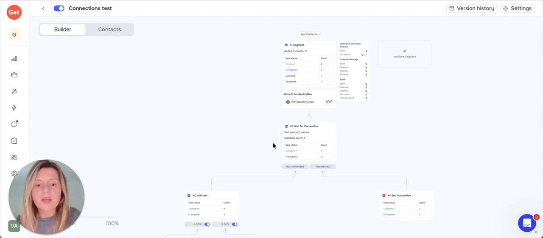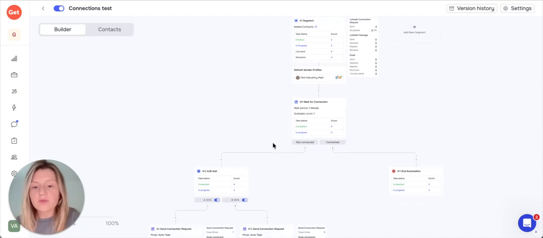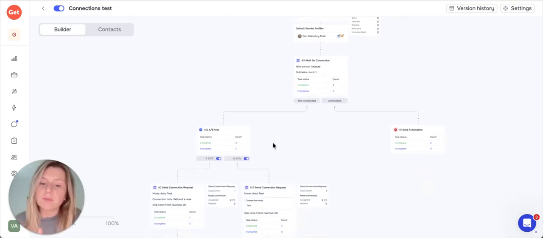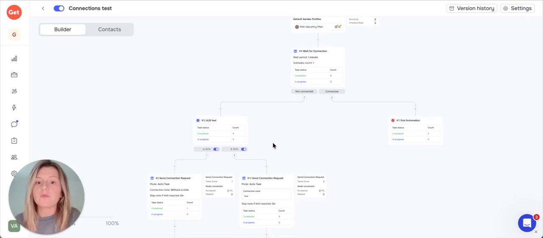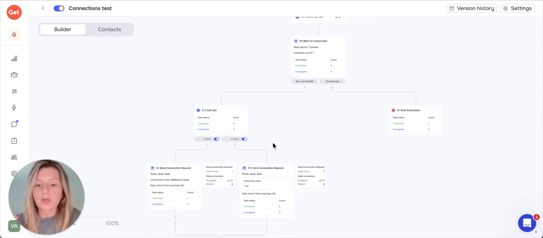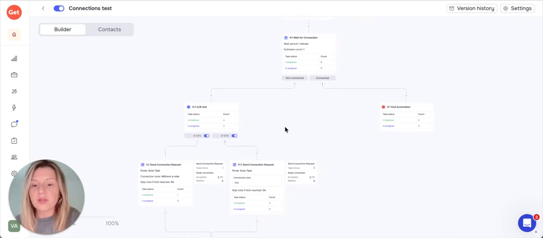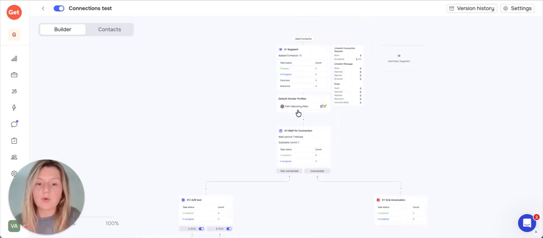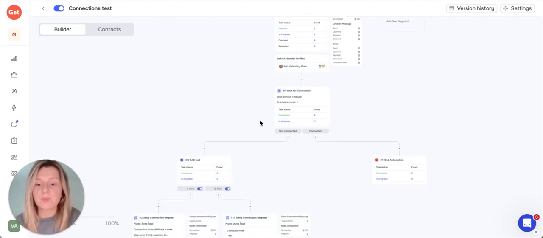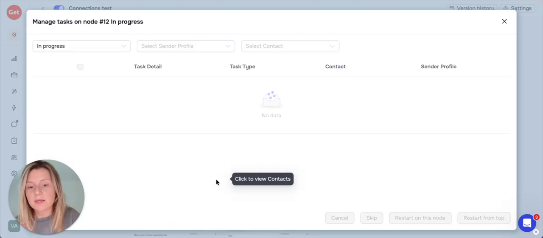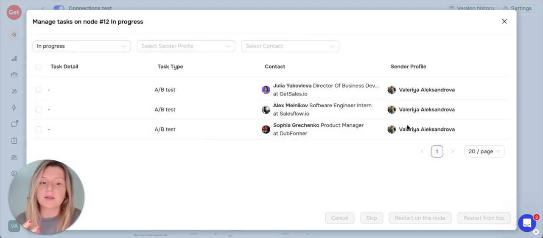However, I can see that for another sender, I still see some tasks that are going from this automation, and I don't understand why this is happening and how I can actually remove this. If we take a look at this example, we can see that here is 1 sender profile, which is Peter, and then we can see that there are some tasks that are currently in progress, and they are assigned